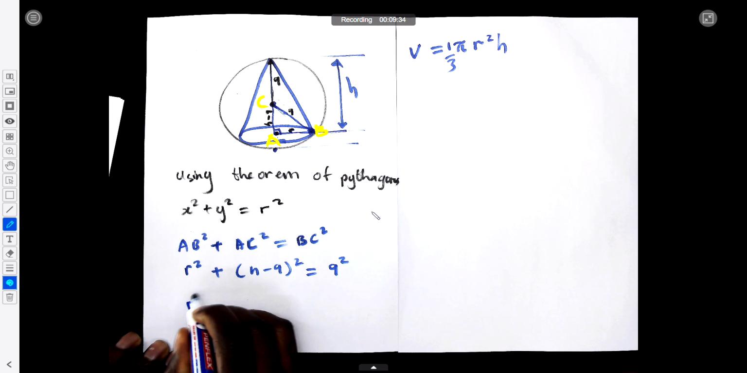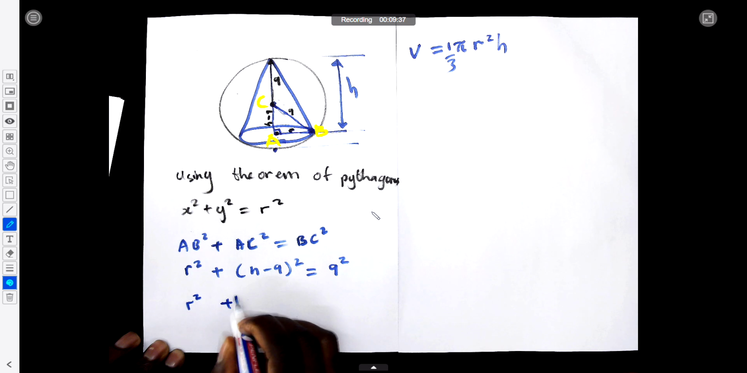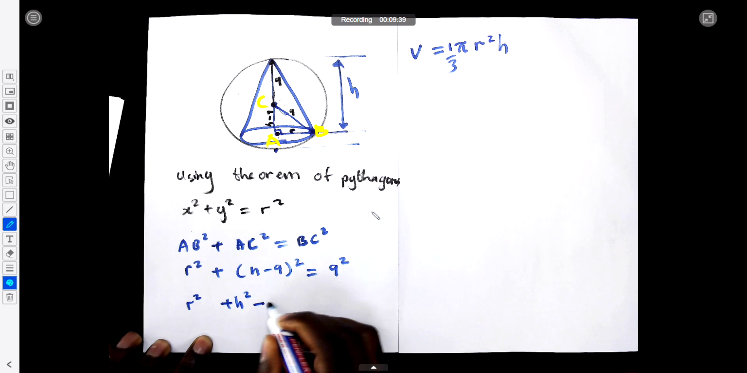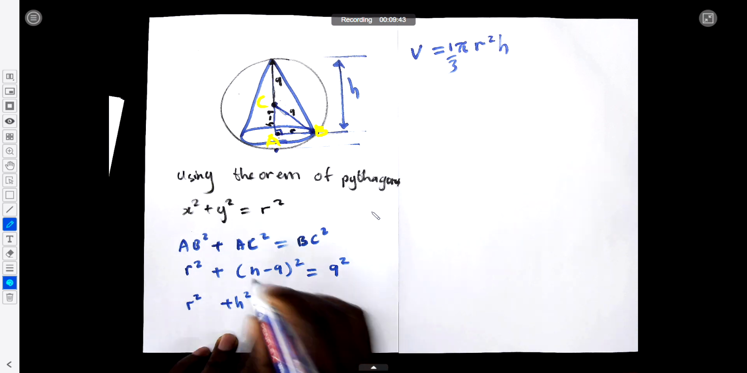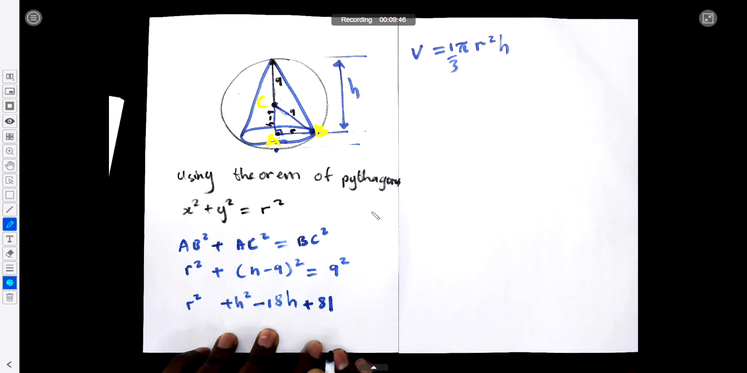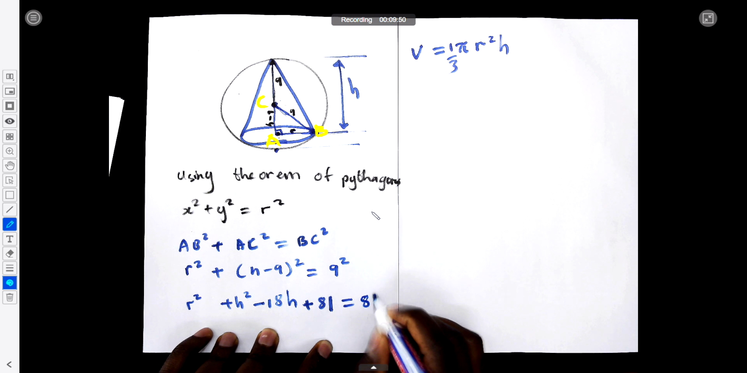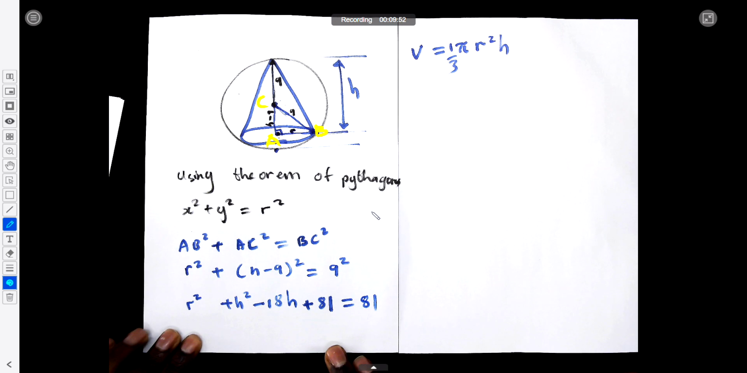Therefore, now we're going to have r squared. Can we take out this bracket? What are we going to have? It's h squared minus 18h plus 81, because when you square 9, it's 81. So let's work out the formula to be in terms of h. We'll have r squared, which is going to be equal to,